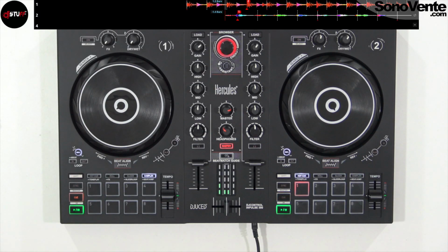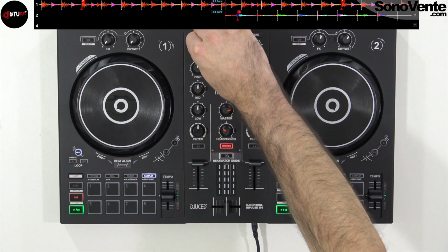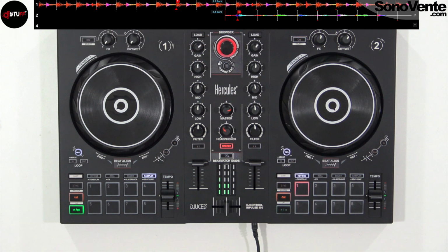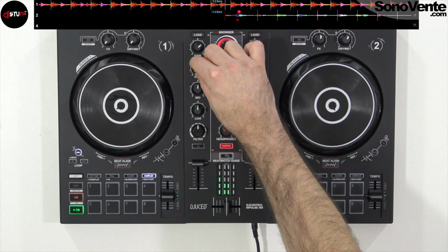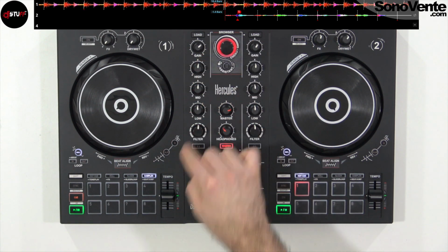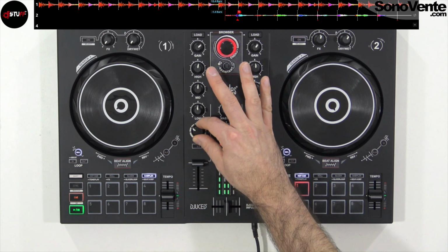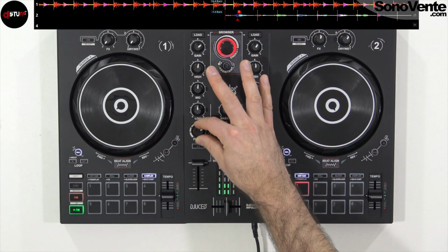After, in the mixer part, you will have your trim control or gain control, your first important volume on your mixer. After, the EQs, so you have high, mid, low. The filter part, you can have a low pass filter on the left, high pass filter on the right,